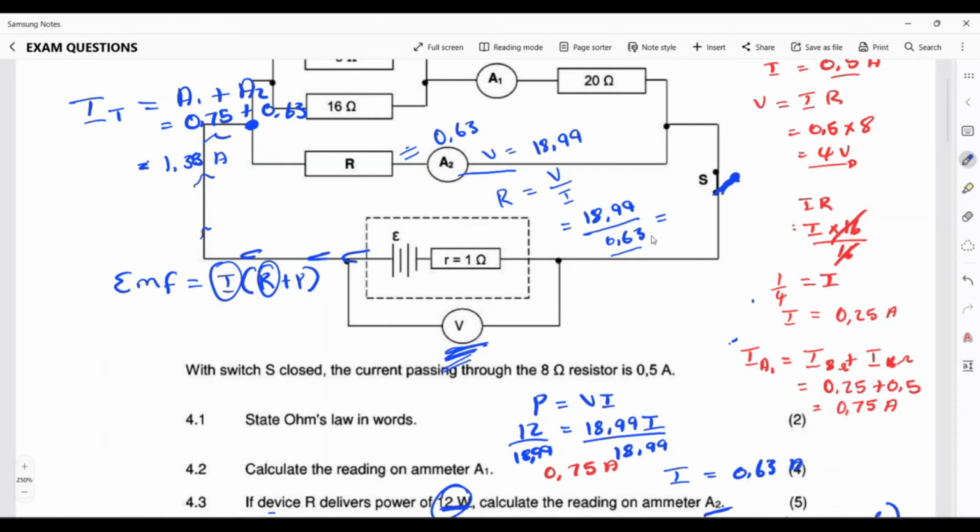30.14 over there. That is my resistance. And if you check, it is the resistance for the parallel circuit, not the total resistance. Okay, so now we have the resistance of the bottom branch, which is 30.14, but we also calculated